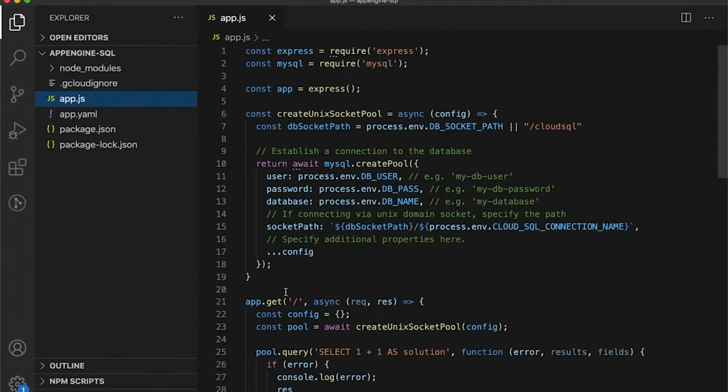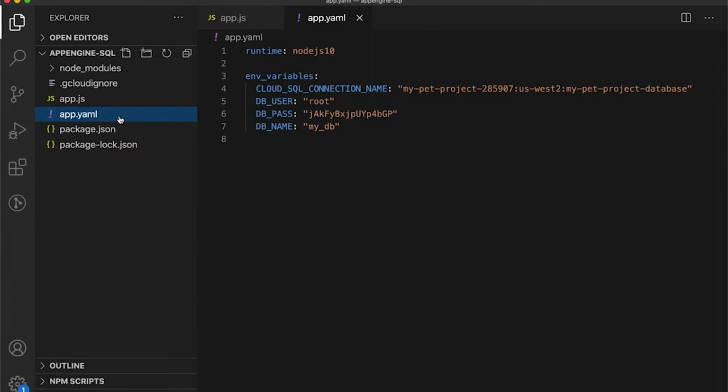As you can see, it's using environment variables here. So let's go to our app.yaml file and configure the necessary variables. We've added Cloud SQL connection name, which we got from the Cloud SQL overview page, DB user, which is our username root, DB pass, which is the password of our root user, and DB name, which is the name of